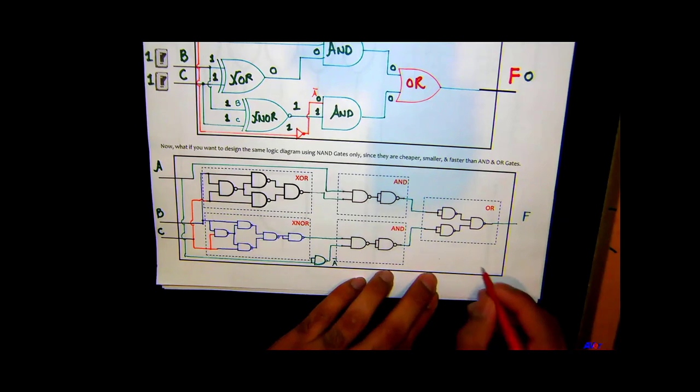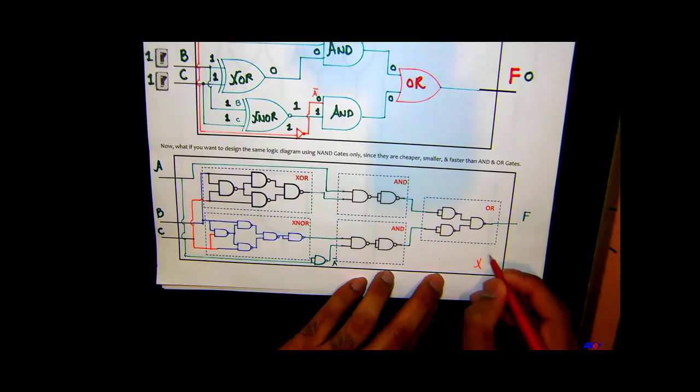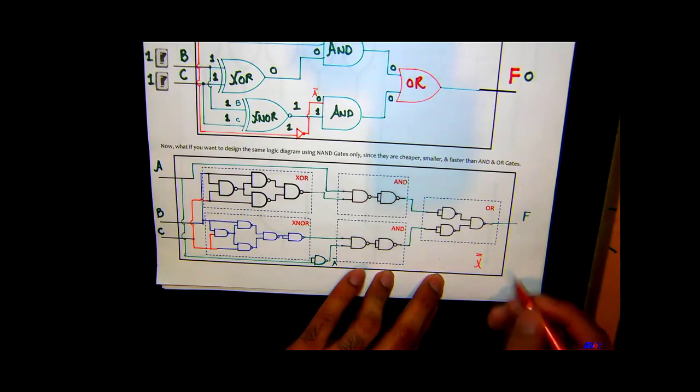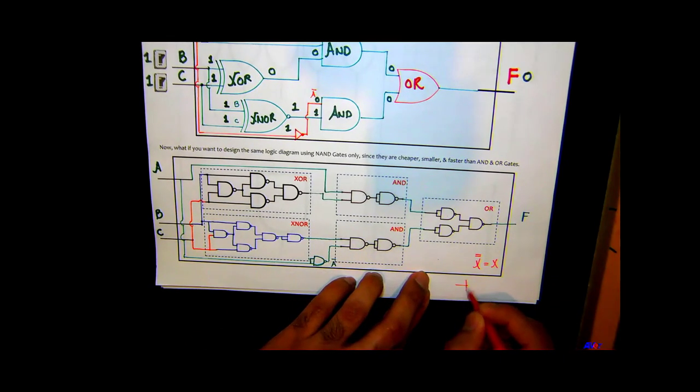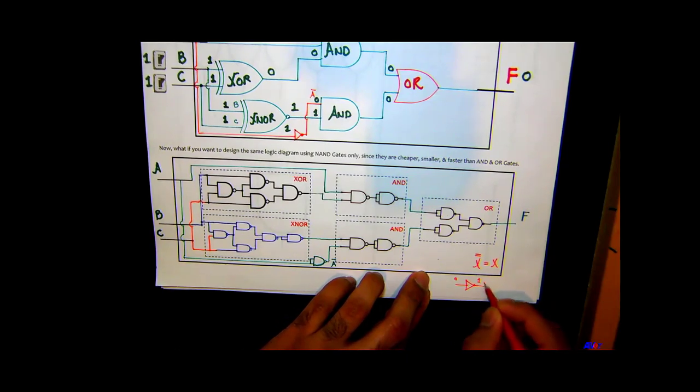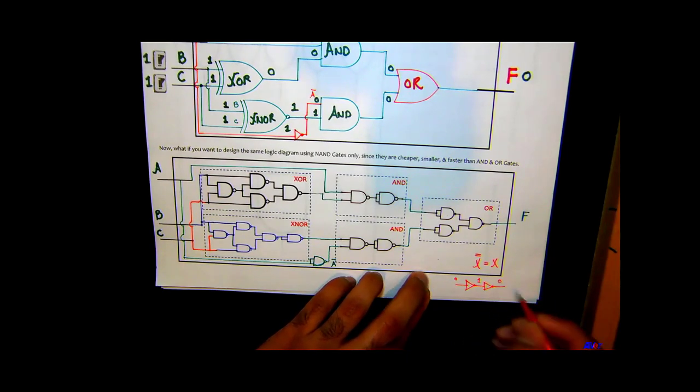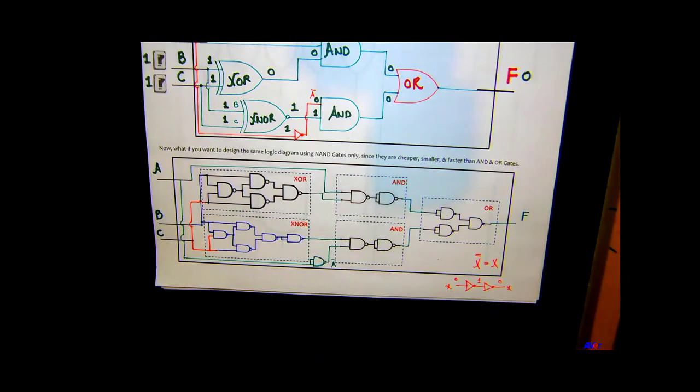If you remember, one of the Boolean algebra laws was that if you have a variable x and put a double inverter on it, you get x back. So if you have 0 here, goes to an inverter, gets 1, goes to an inverter again, you get 0. So if this was x, you get x here, correct? Similarly, if you look at this part of the circuit,